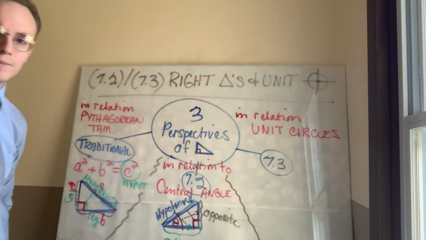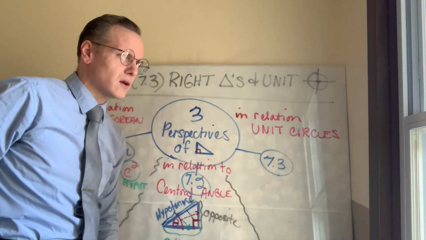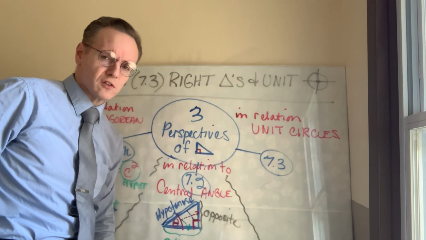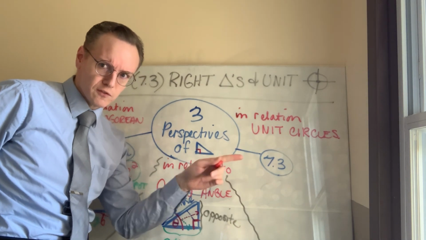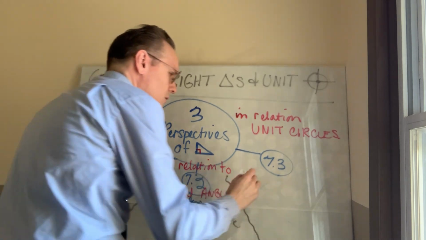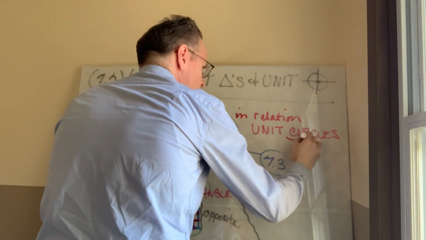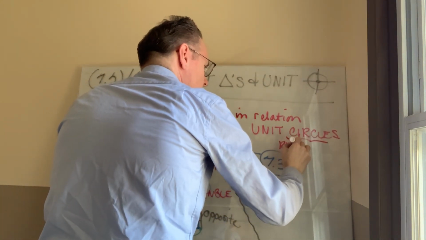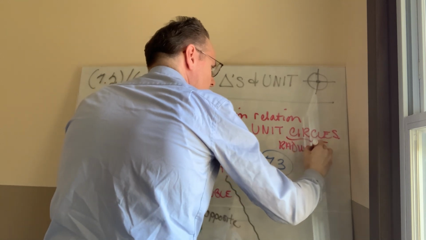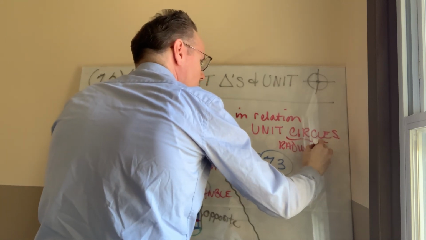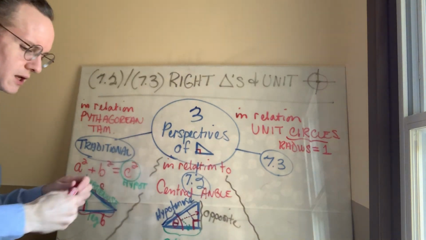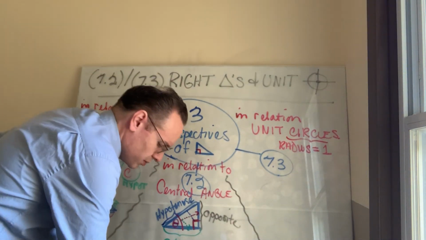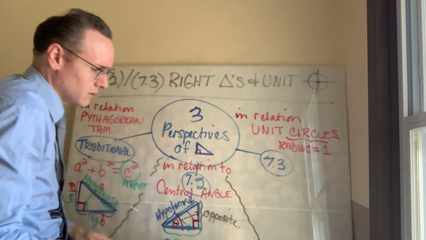A unit circle, I think I may have mentioned this momentarily in the last video. A unit circle is a circle that has a radius equal to 1. Okay? And in this case, to draw it on a coordinate plane would be practical, but I'm going to try